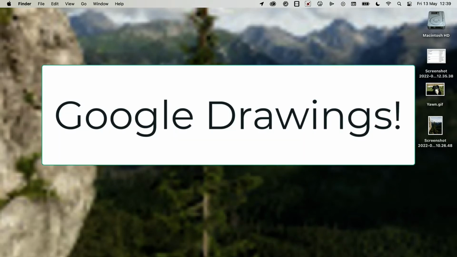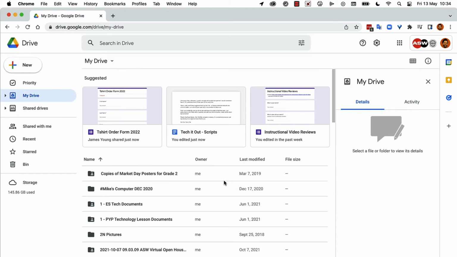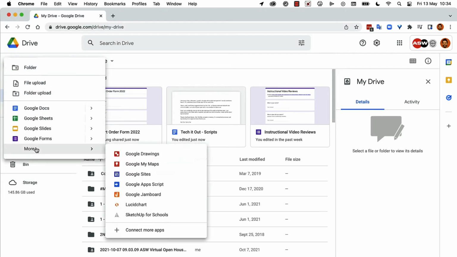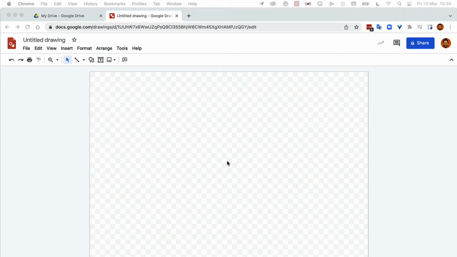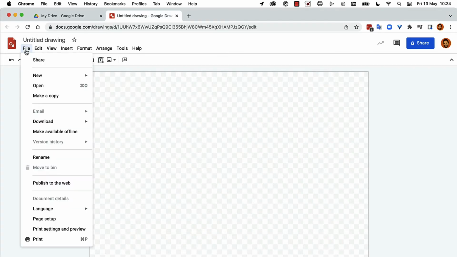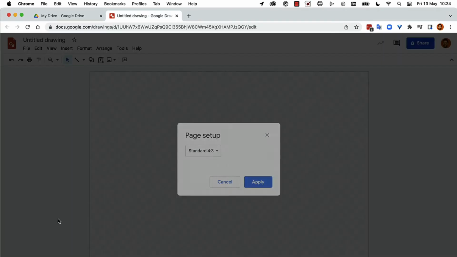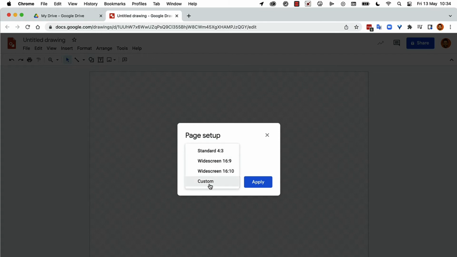Google Drawings is a great free collaborative tool that we all have access to, included in Google Drive. Just open up Drive, click on New, More, and then Drawings. The key here is to set up your page to mimic the size of your screen. So you have to click on File, then Page Setup, and click on this drop-down arrow, click on Custom,